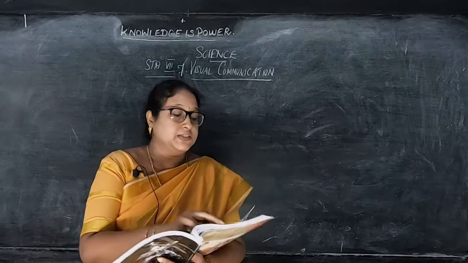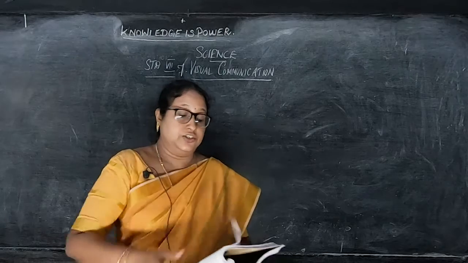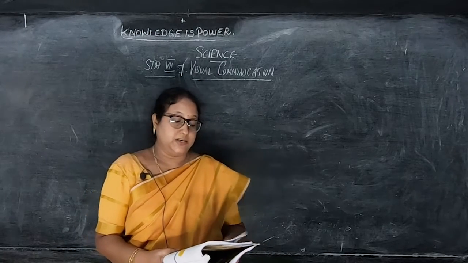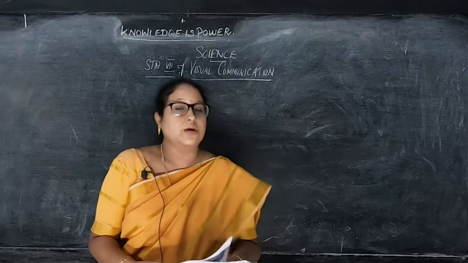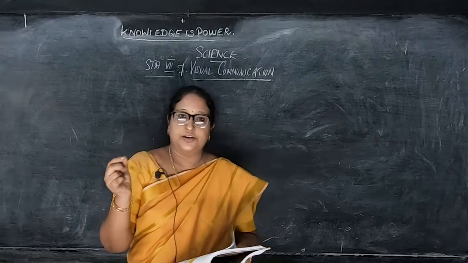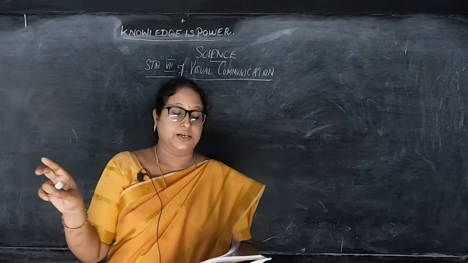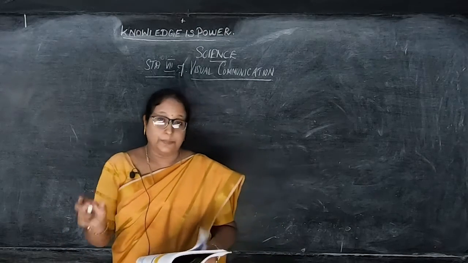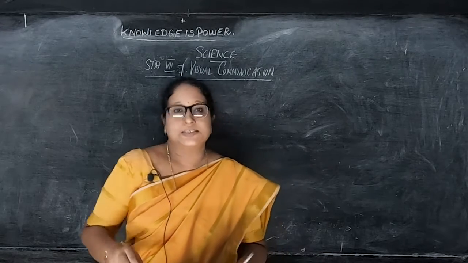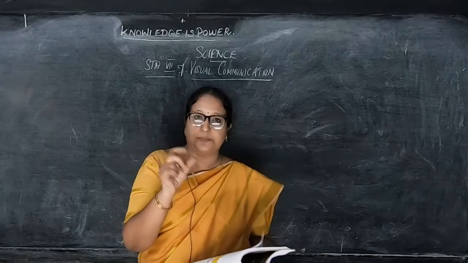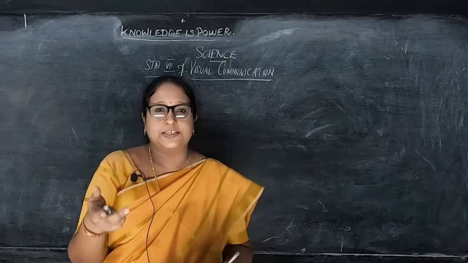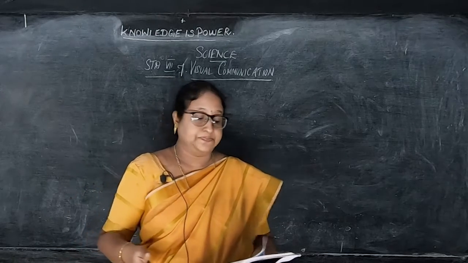Now first the introduction they have given here. In general, whenever we think of computers, the things that come to our mind are computer screen, keyboard, mouse and CPU. CPU is nothing but a central processing unit. So already you have finished this in 6th standard. We have learnt about computer and the parts of the computer as introductory part in standard 6. Okay, children, we have learned about the parts of the computer like hardware, software, input device, output device, CPU, this and all we learnt in the standard 6.